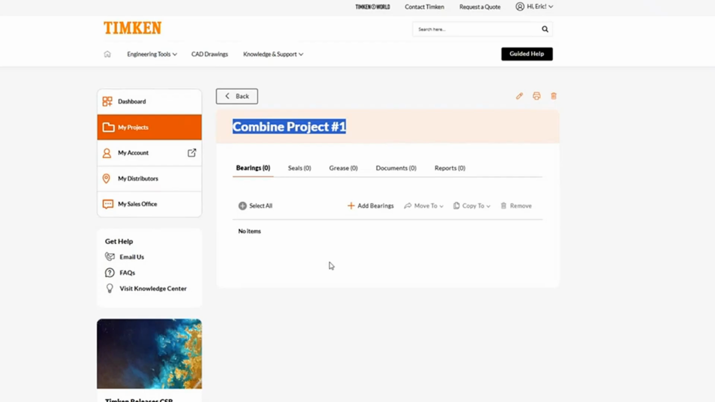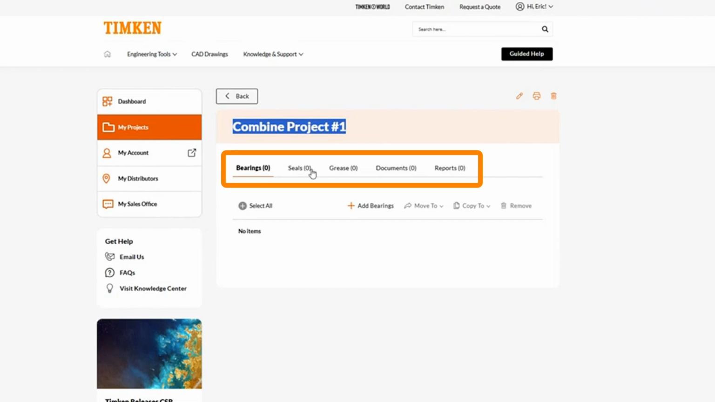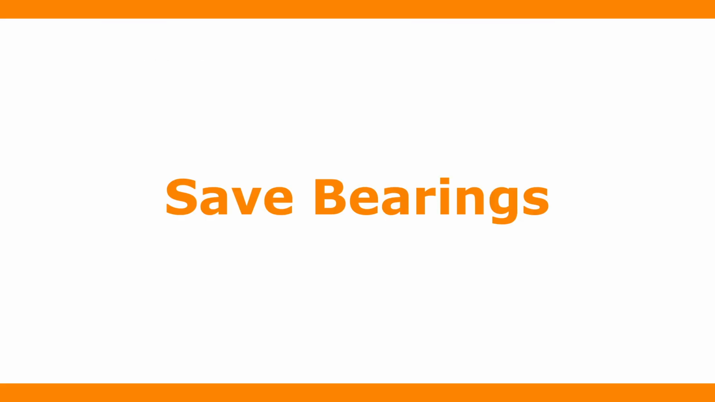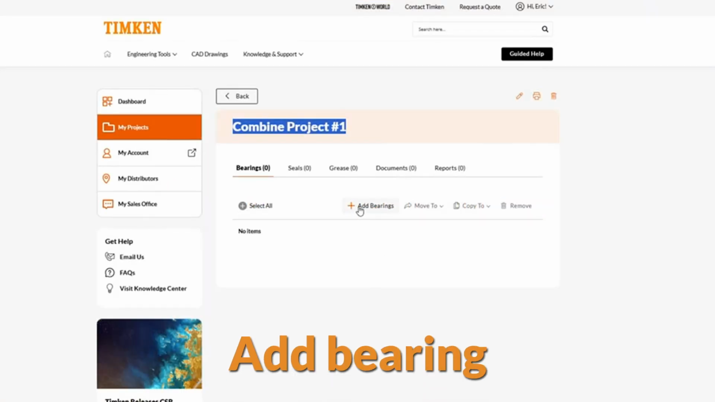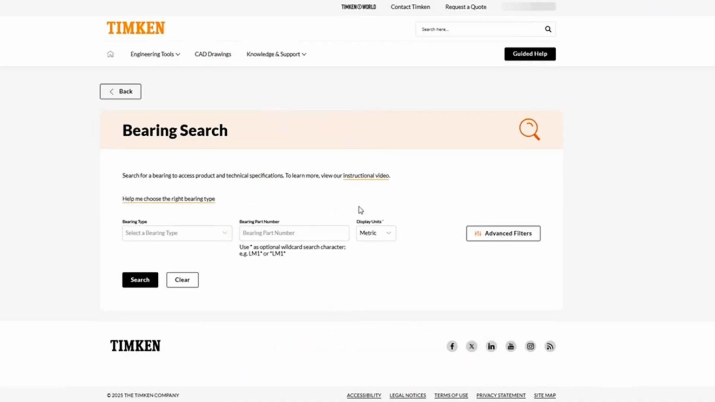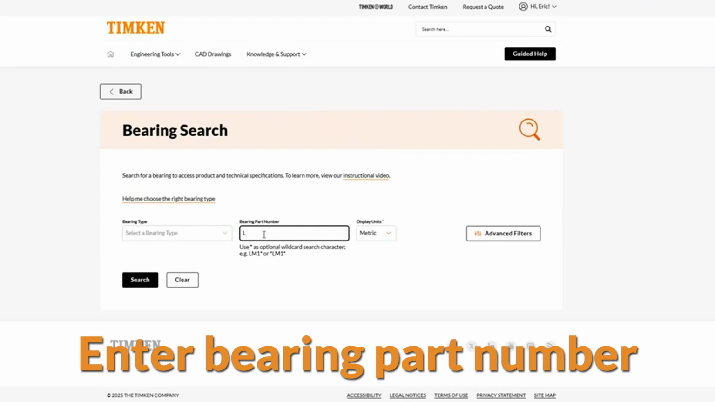Now within each project, really powerful functionality here. You can add multiple bearings, multiple seals, grease products, sales literature or catalogs related to your project, or reports, but this is a really kind of a one-stop shop for all the information you might need for your project. First I'm going to do is add a bearing. You click on that, it goes to our bearing search tool, and I'm just going to arbitrarily pick a popular part,